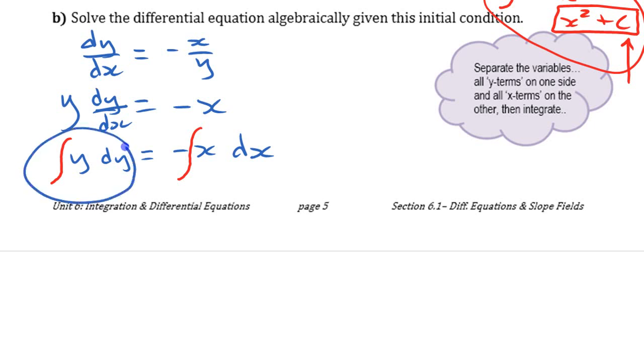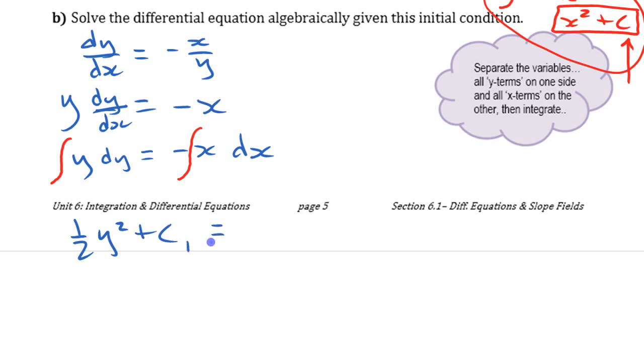If you looked at this, what function has y as its derivative, if y is the variable? Because that's what that says. That says, tell me what function has y as its derivative if y is the variable. What would it be? A half y squared plus some constant. I'm going to put constant number 1 here because I'm going to need a constant number 2 on the other